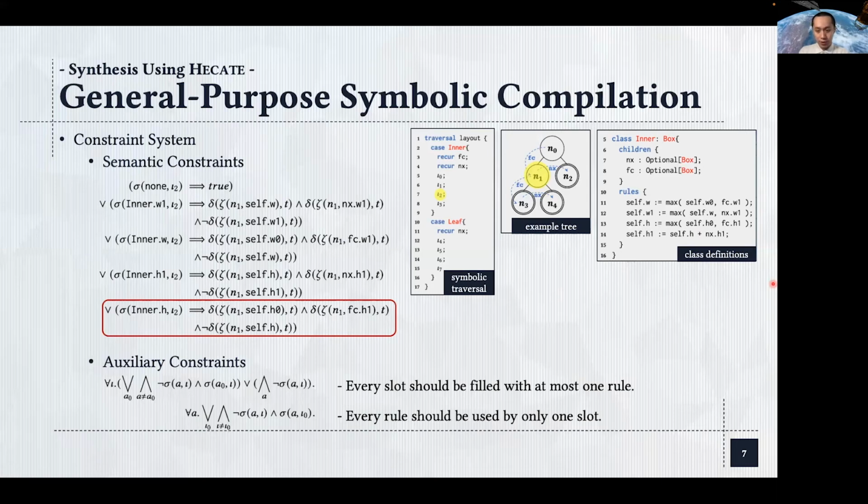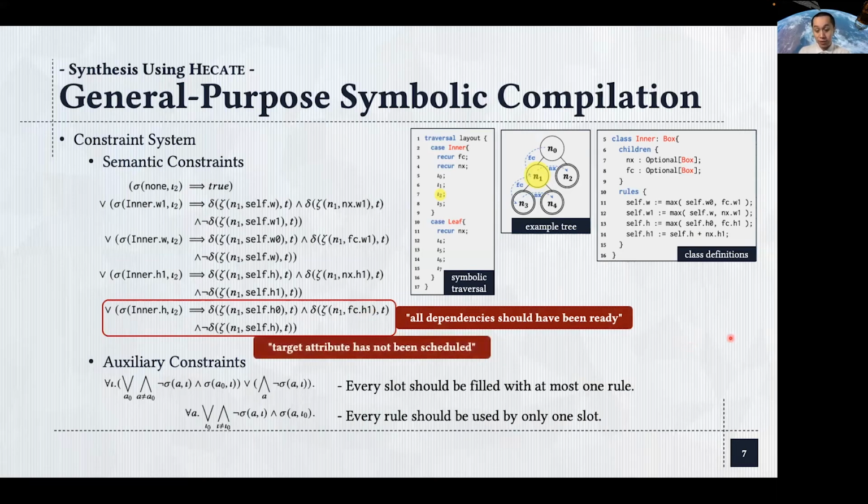last clause. The right-hand side of the implication has two meanings. The first row says that all dependencies should have been ready if you want to schedule the attribute on the left-hand side. That is, both H0 of the current node and H1 of the child node should be ready if you are trying to schedule attribute H for anyone at slot tau 2. The second row indicates that the target attribute has not been scheduled if you're trying to schedule it right now. Overall, the semantic constraints capture the data dependencies that are related to every potential attribute that can be scheduled for